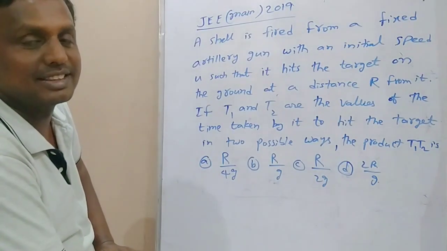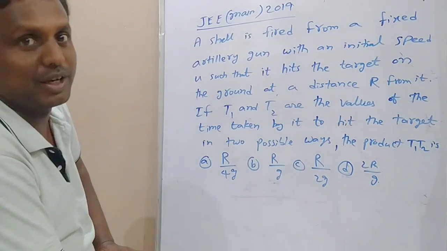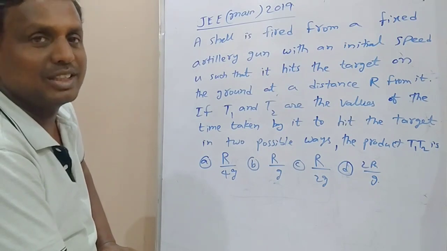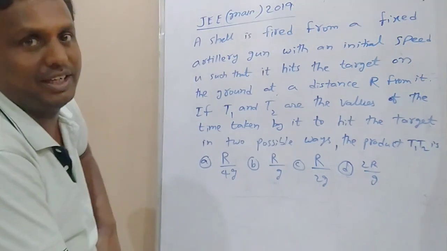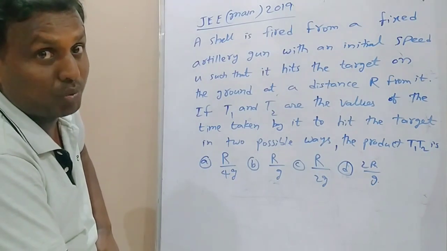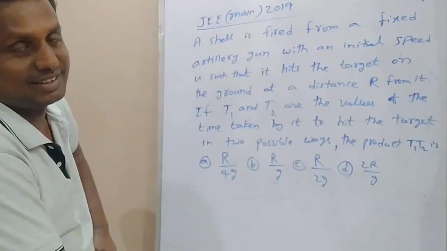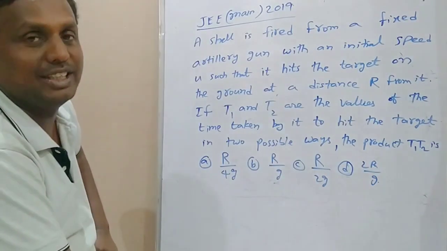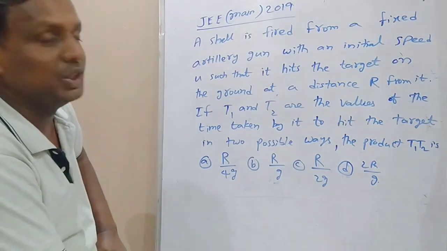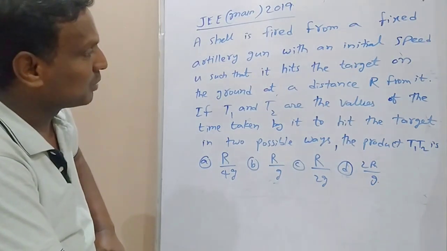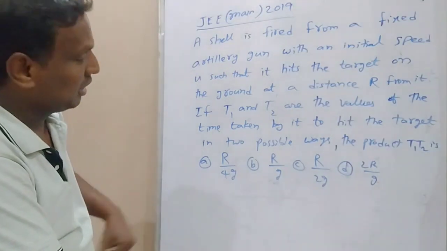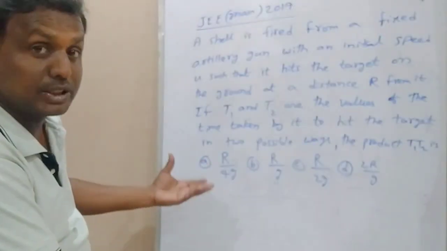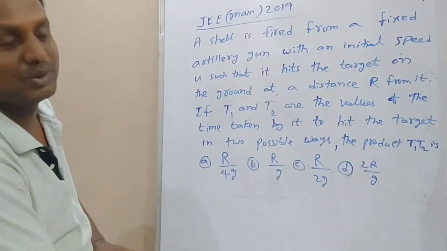Indirectly it is asking the same speed, same range, nothing but complementary angles. Now we want the product of times of flight. In the last class I explained the product of maximum heights, R equal to 4 under root h1 h2. Now here it is asking the product of times of flight, T1 into T2. Now, okay, I can prove it. Four options are given here, which is correct? So this is also based on memory power again. Okay, we can solve it now.